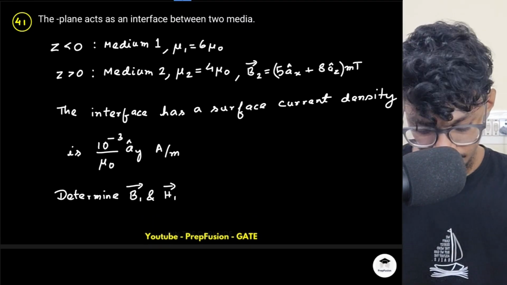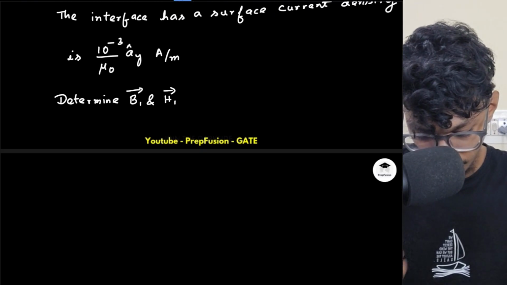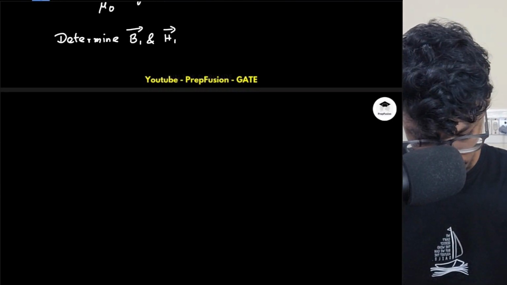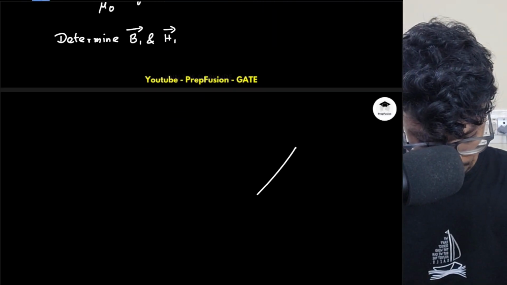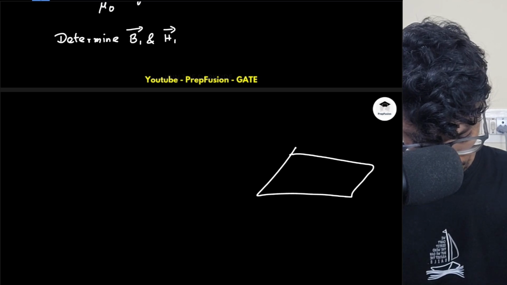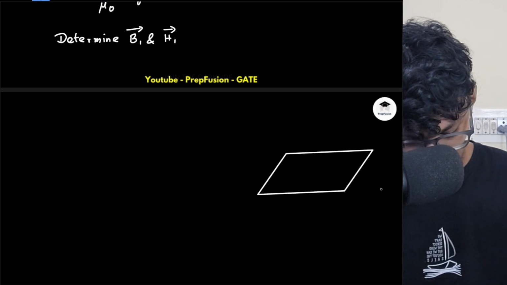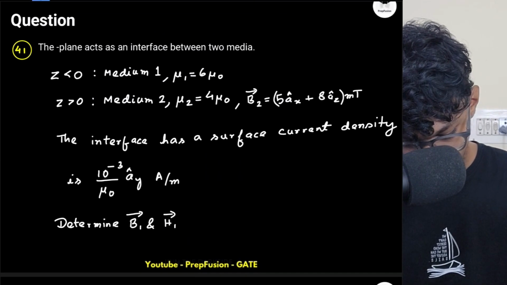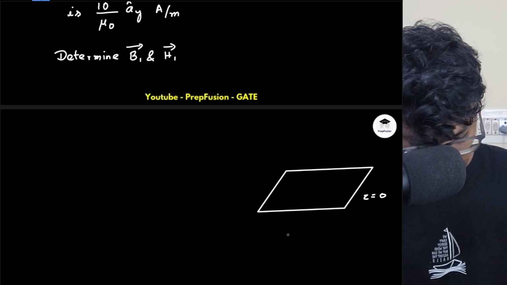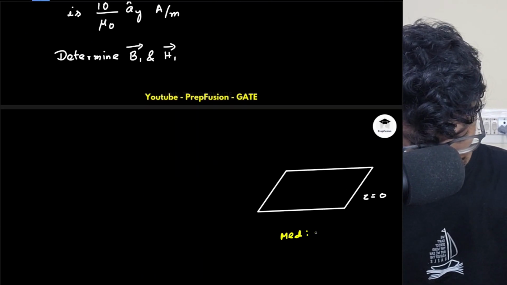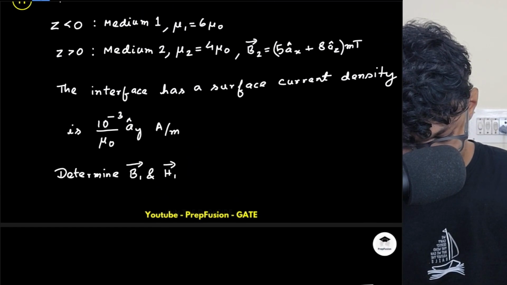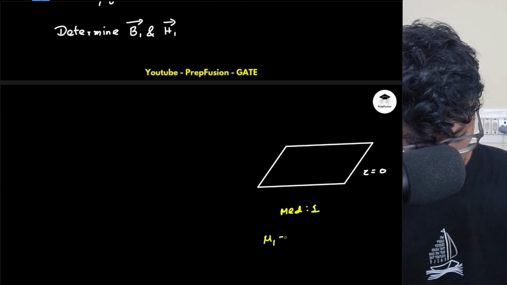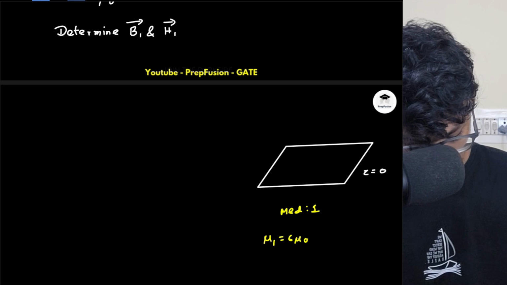Yeah. So here first of all you have to draw the surface. Basically if I just draw the surface, this is my Z equals to 0 surface, correct? So medium 1 is Z less than 0, so this is my medium 1, where my medium 1 has mu1 equals to 6 mu naught,